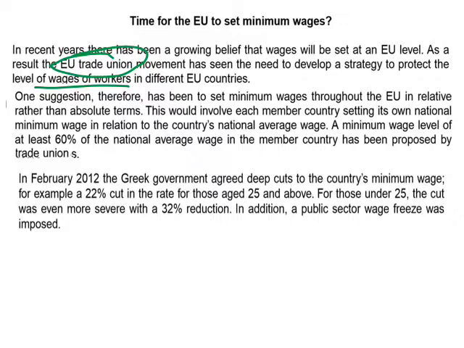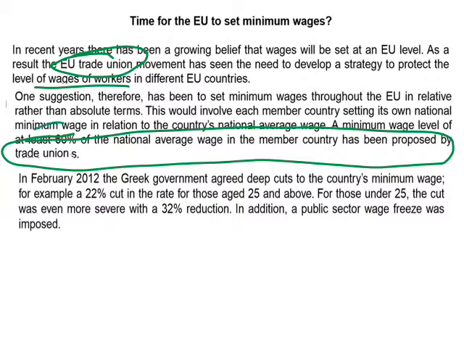Suggestion to set a minimum wage throughout Europe in relative rather than absolute terms, involving each country setting its own national minimum wage in relation to the country's national average wage. A minimum level of at least 60% of the national average wage in the member country has been proposed by the unions. So again, you've got a specific quote there, at least 60%, as being a bit of application for